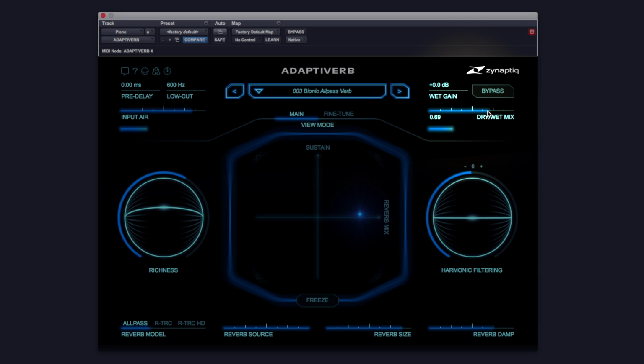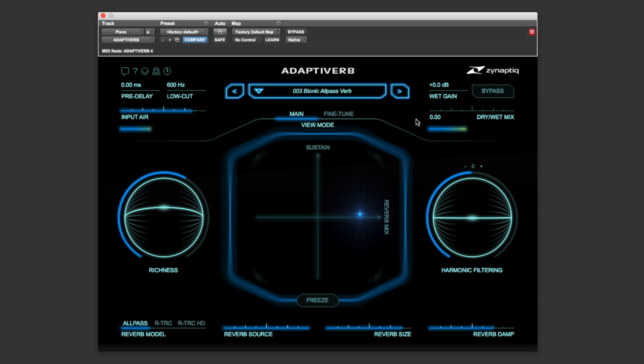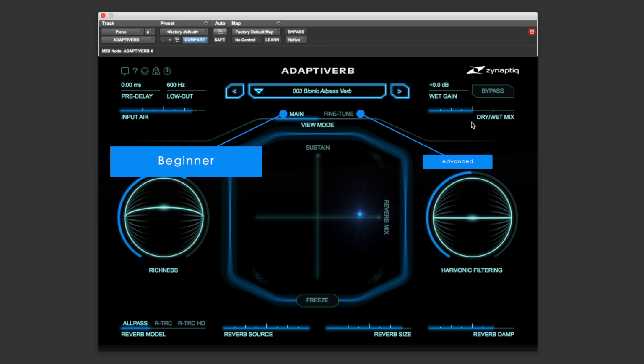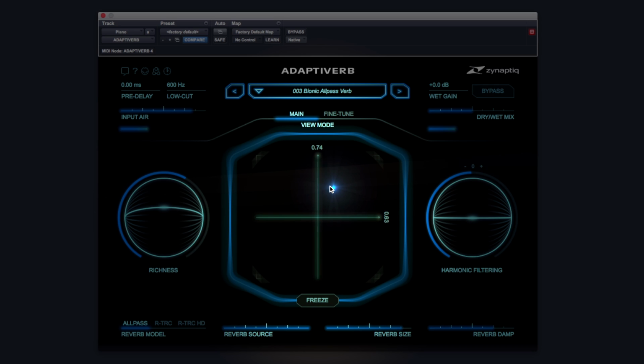Let's pull the wet dry down. Sounds interesting, doesn't it? So let me give you a very quick overview of the plugin. Now with Zynaptiq plugins, you've always got a few different modes of use, that being, let's say, beginner and advanced. Now on the main page here, we've got an XY control, mixed between